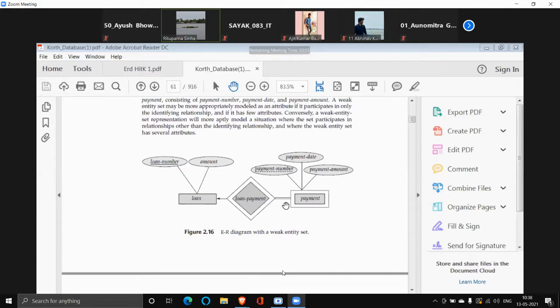Since it is a special type of relationship, isn't it? Here, one is a weak entity set who depends on the owner entity set loan. So the relationship is showing that it is a special type of relationship, in order to indicate that it has used a double diamond.